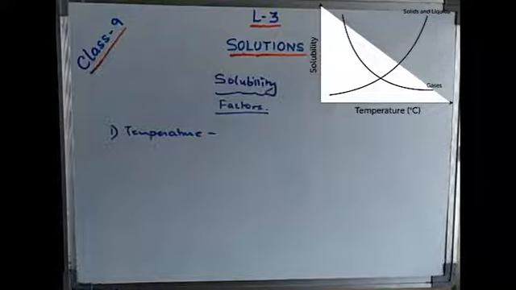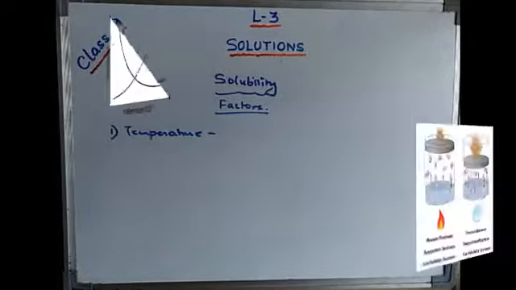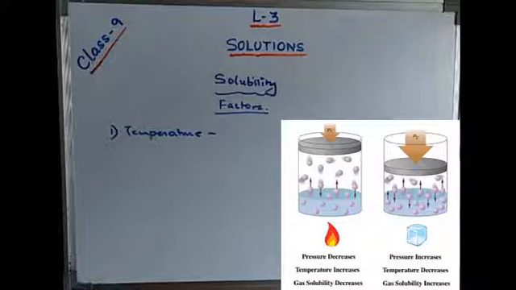That means when carbon dioxide is dissolving in water, what will happen? The solubility of the gas in a liquid decreases with a rise in temperature. That means when we boil water for 20 to 30 minutes, we find that it becomes tasteless. Yes or no? Because the dissolved gases get vaporized. That means we are increasing the temperature. In this way, distilled water is a very good example of that.